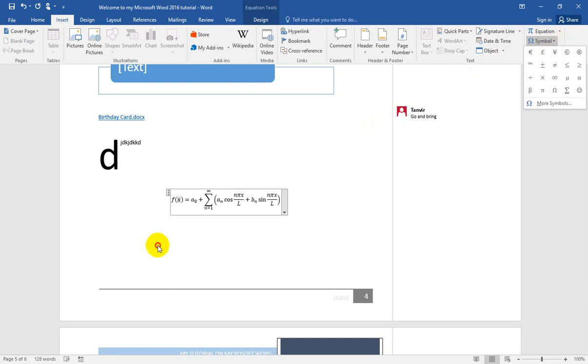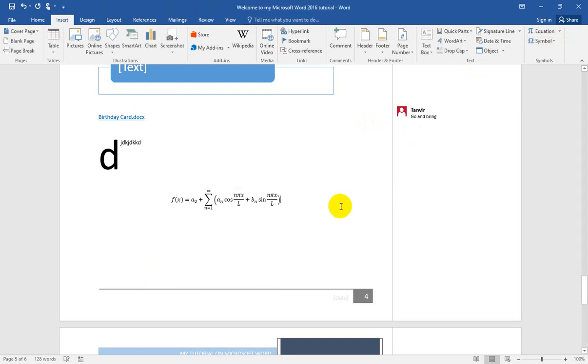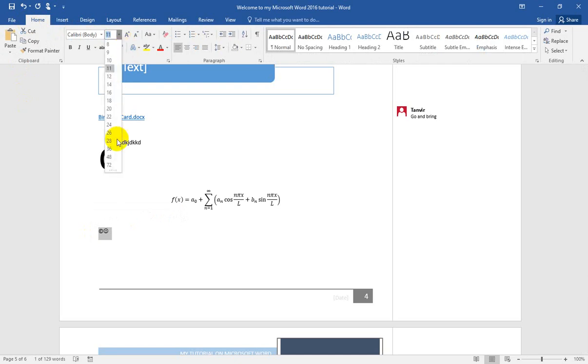So using this you can put different types of symbol here as well. I'm clicking on the drop down and choosing a symbol here. This is the copyright symbol and this is the smiley symbol. So I'm just making it more bigger. Okay, so as you have seen that you can insert symbols and smileys and different types of equations